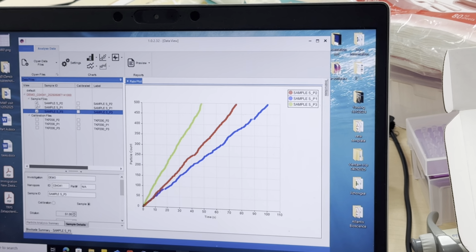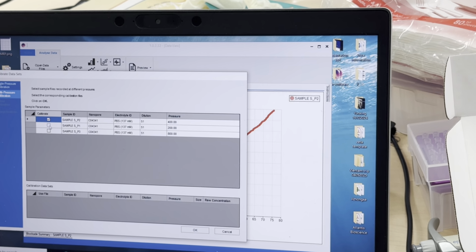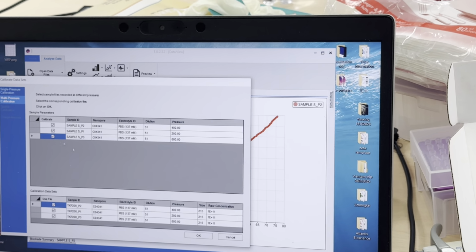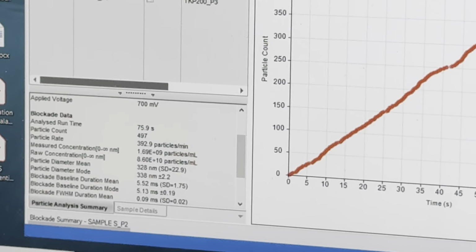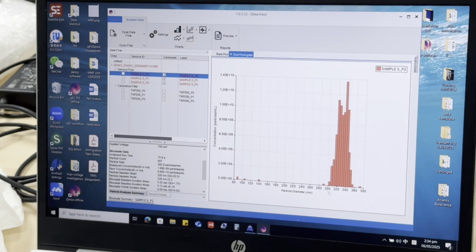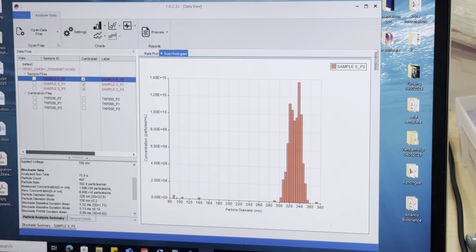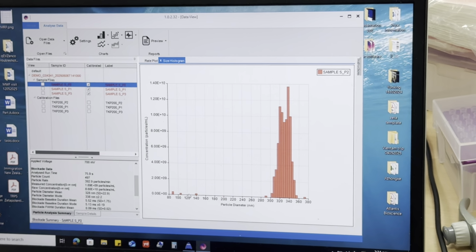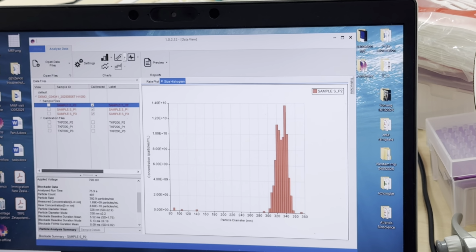Oh, that's good. So then we click the calibration. It's multi-pressure calibration. You can choose either 2 pressures or 3 pressures. After calibration, that is the actual number of the samples. And then you can also choose to view the histogram. Yeah, you see there are some particles that are not cleaned efficiently. Because I just used that one, you can still visualize that. And if you want to see the detailed data,